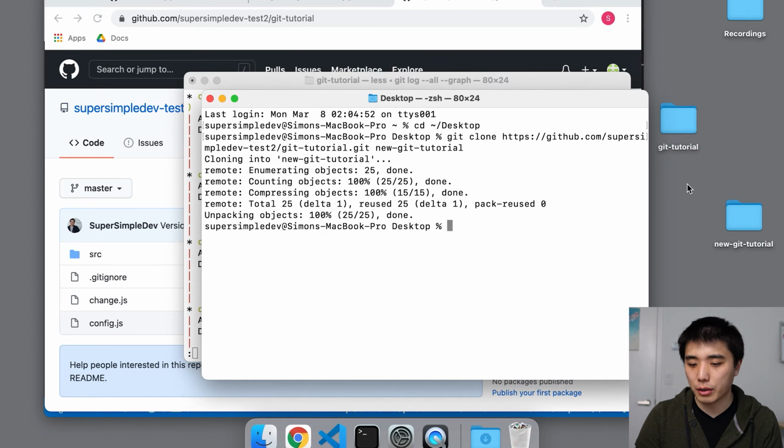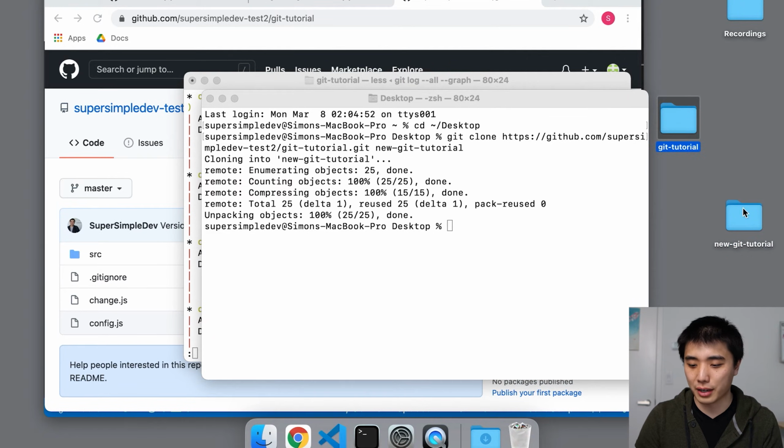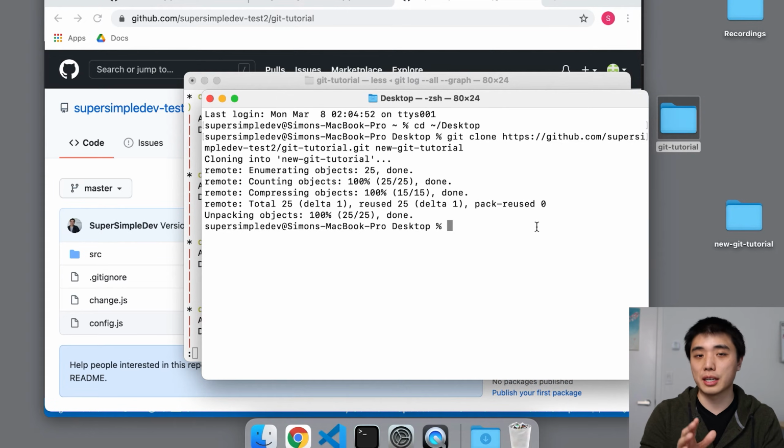And now you can see that we downloaded our GitHub repository and saved it in this folder on our computer. Now we essentially have two local repositories, the old one and the new one. And these two are completely isolated from each other. Even though they have identical commit histories, if you update the commit history in this new repository, it won't affect the old repository. So this essentially mimics what it would be like if we went on a different computer and downloaded our GitHub repository on that computer and started updating the commit history.